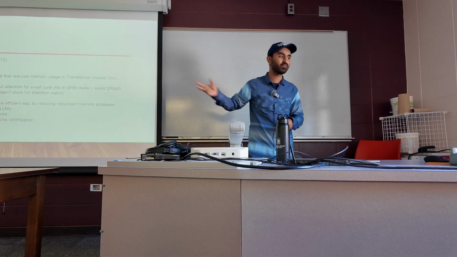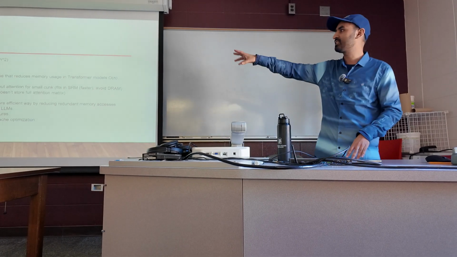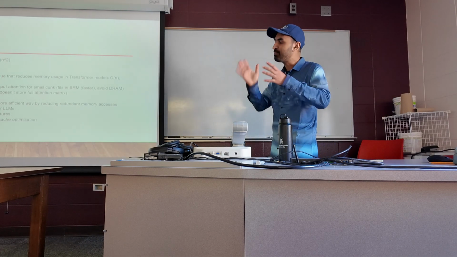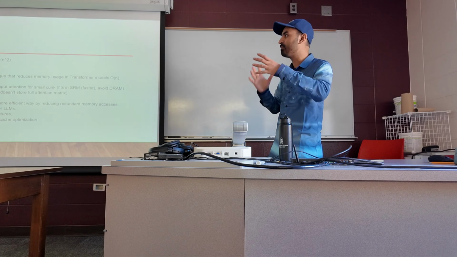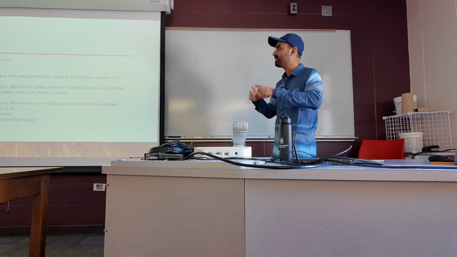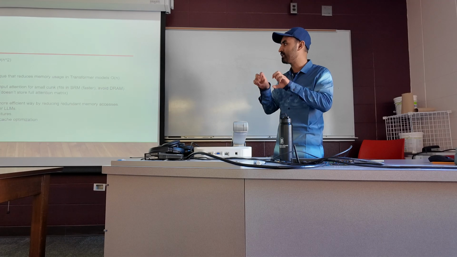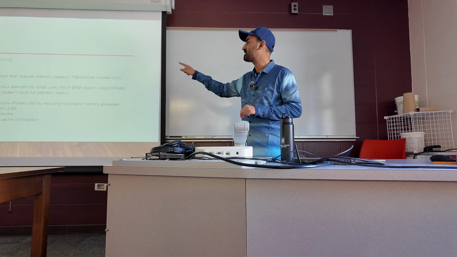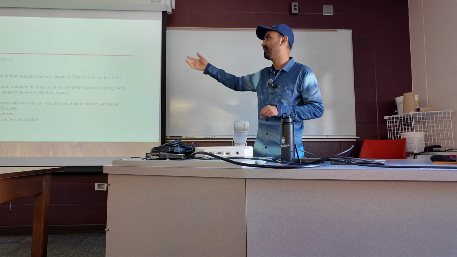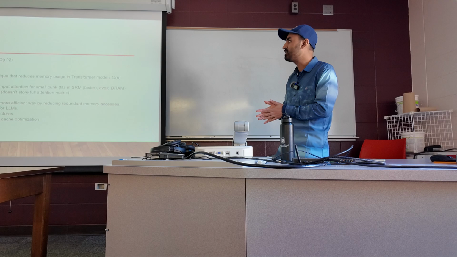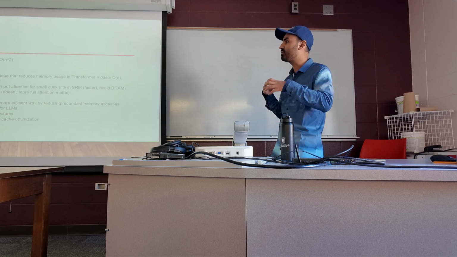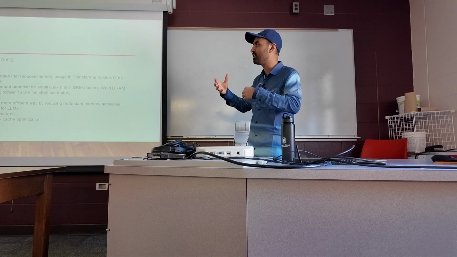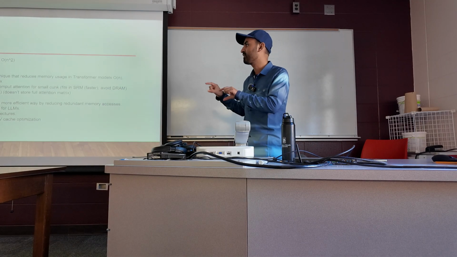So how does flash attention work? This is a very good paper, and I'm just describing it a little bit. The first thing is flash attention splits the query, key and value into blocks, like multiple chunks, and then it computes each block, each small chunk, which can fit in SRAM. SRAM is faster than DRAM. DRAM is used for vanilla attention or vanilla transformer, but here they are using SRAM, which is faster, and they are doing the computation there. SRAM is small, so they do the computation on a chunk basis, and then